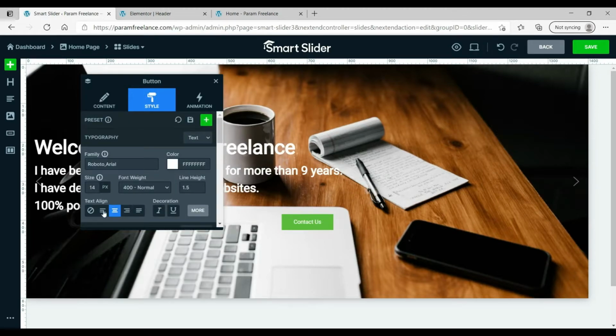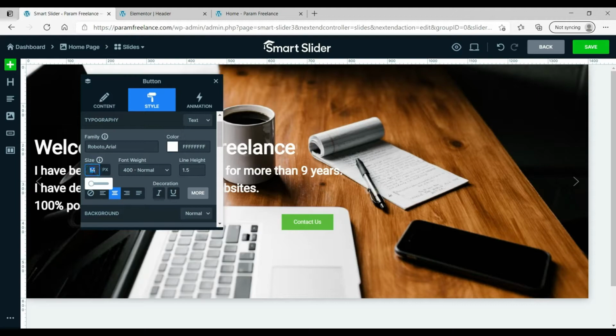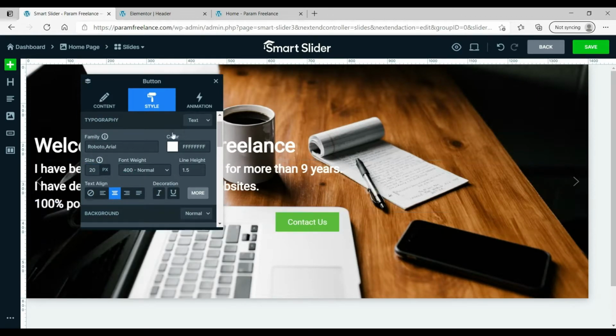Okay, now this is the size. Let's change the size to 20. Okay, the text size, so it will be bigger. Done.